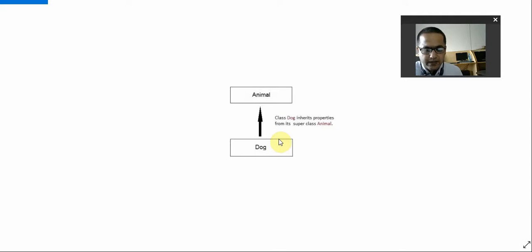So why do we use inheritance? Inheritance makes the code reusable. You needn't write the code multiple times, and you needn't define in the child class the functions that you have already declared in the parent class.